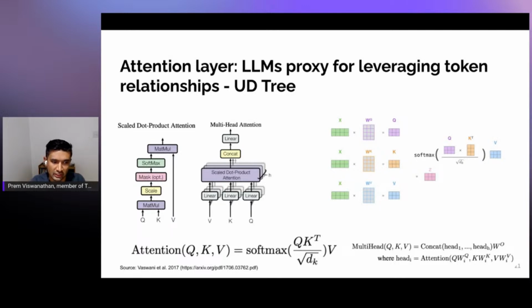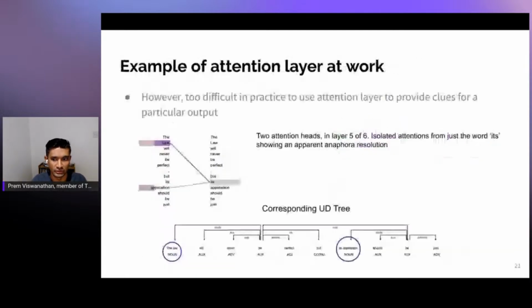So for example, what transformers really do is the attention layer connects all positions within a constant number of sequentially executed operations, whereas something like a recurrent neural layer would only compare your current token with the previous set of tokens that it has seen. But with transformers, thanks to the matrix multiplication style attention, every single token is compared against every other token to pick up on signals. So one example of the signal is